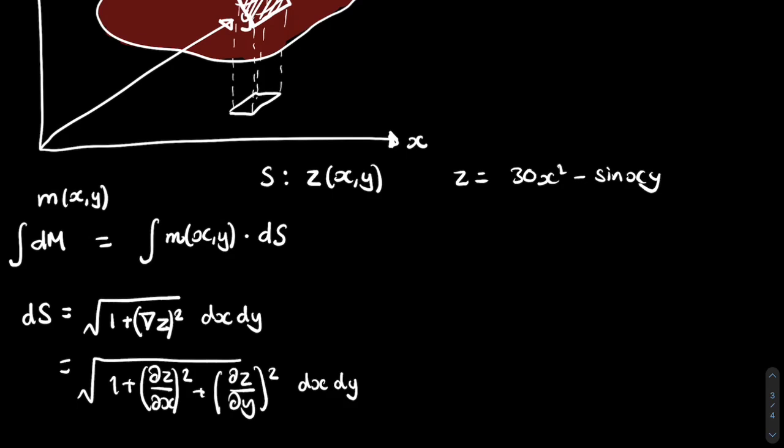So that's what you get if you expanded it out and simply taken the square magnitude of the gradient of z. So that is how you would evaluate ds in terms of z if you knew z as a function of x and y. And so I hope you guys can see that if you know what ds is, then you can simply